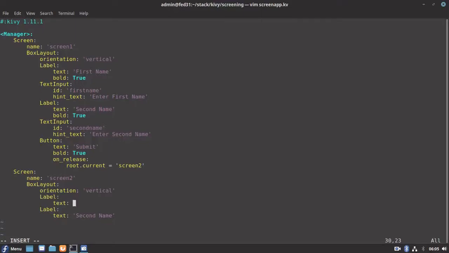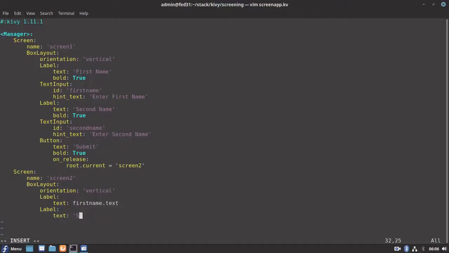Okay, so in our first label we will try to capture the first name instance. That is first name, the instance name for our first text input widget, and from that instance we will capture the text content.